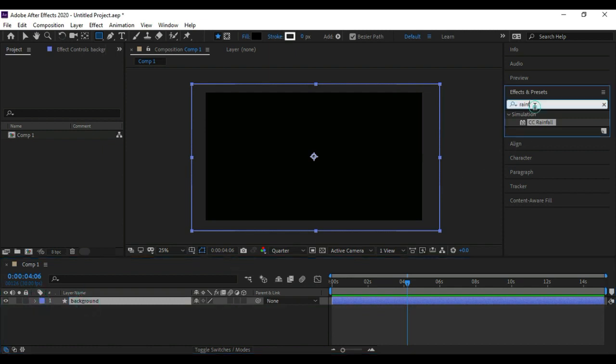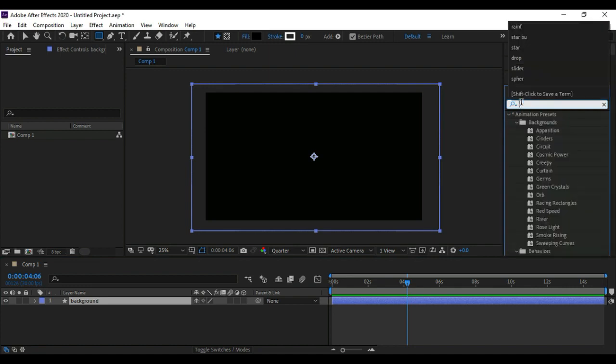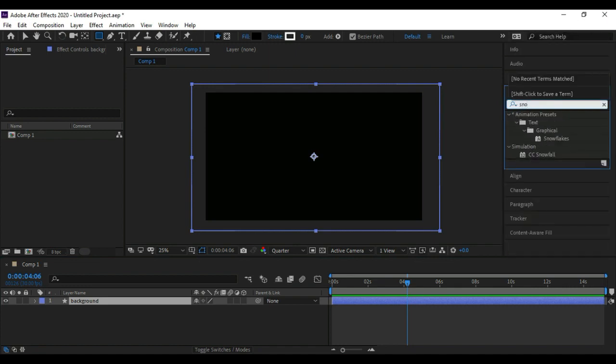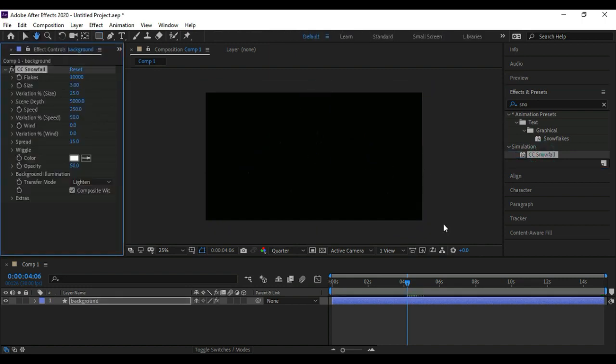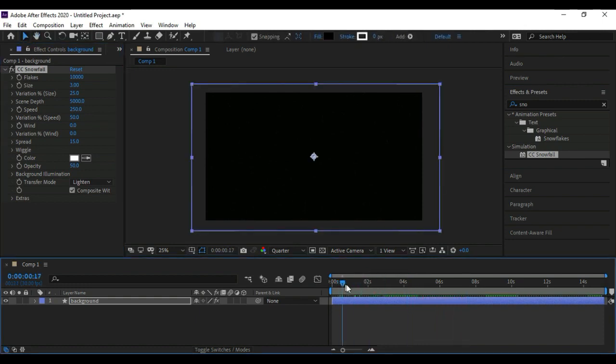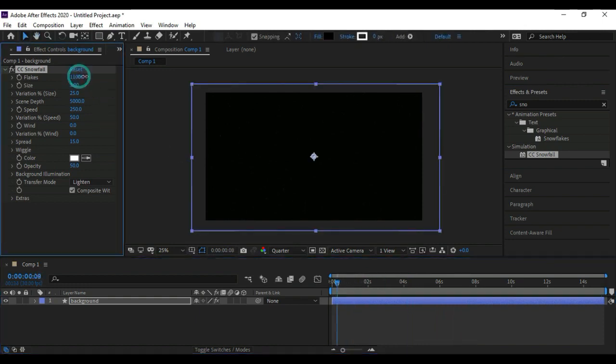Now we will search in the effects and presets section, snowfall. So in the simulation section you can also find the CC Snowfall effect, and let's drag this effect to the background section. Now as you can see, by default this is the snowfall. You can increase the flakes, you can increase the size,